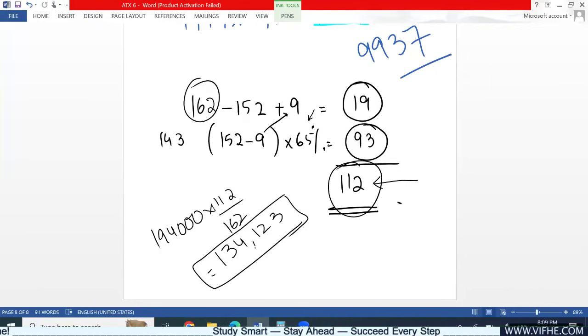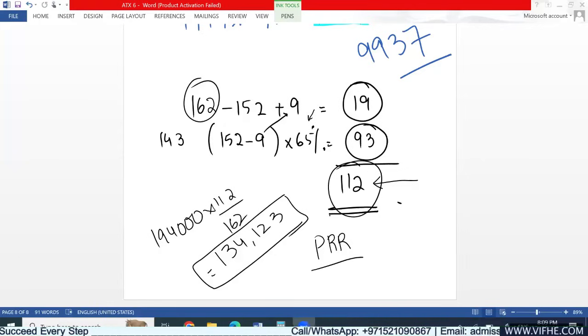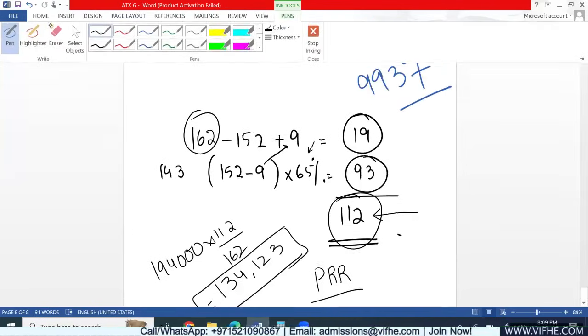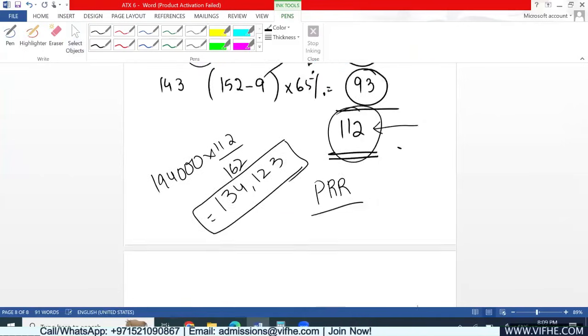This is the value which is going to be exempted under principal private residence relief. This is called PRR, the private residence relief, right? So the gain equivalent to 112 months, that's 134,123 pounds, is going to be exempted. Esla will not be liable to pay tax at all on it, because it is covered under private residence relief. Then what about